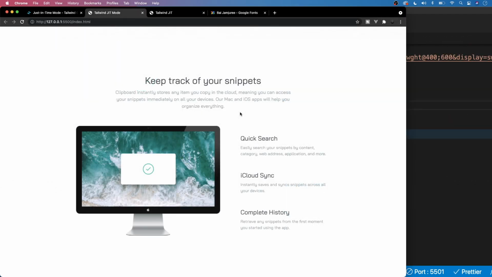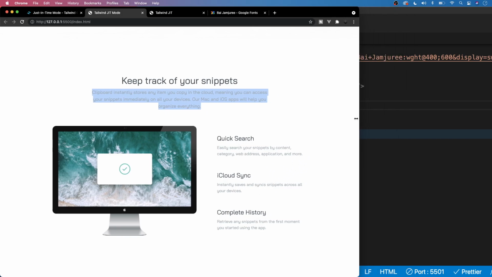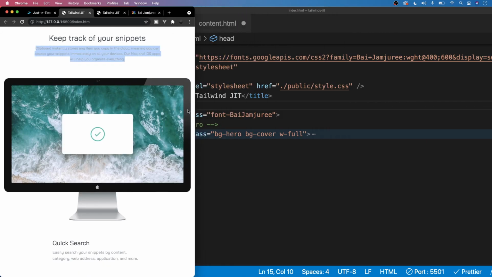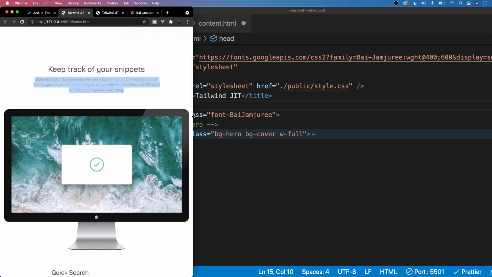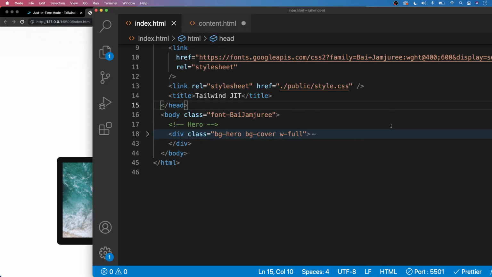Okay, next we're going to work on this feature section, which has a heading, and then below that we have a little subheader, and then beneath that we have an image on the left hand side here, and then the features of this product. So if we collapse this down, you'll see that this will stack, and it's going to look something like this right here. All right, so let's expand this back a little bit, and inside of our